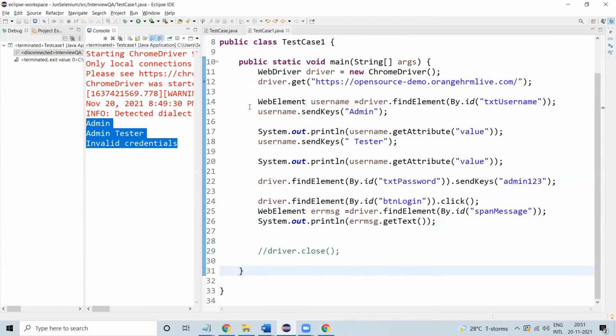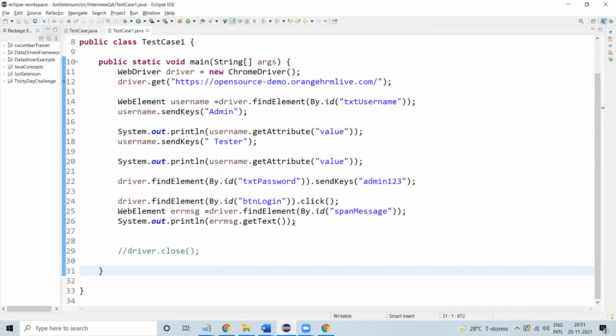Right, now if I click F6, that's it. This is the way we need to validate, the way to use debug mode, right? Here we have only 10 lines of code, but in real applications we have multiple hundreds of lines of code, 500 lines of code. So we need to debug in debug mode in the same way, right? I hope this will help you. Thank you.